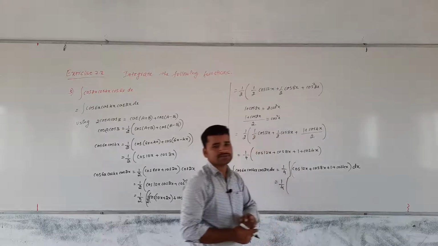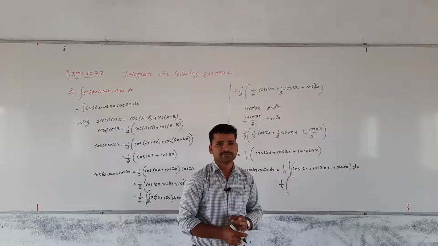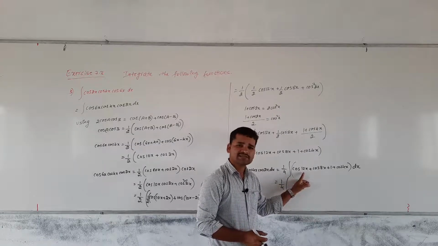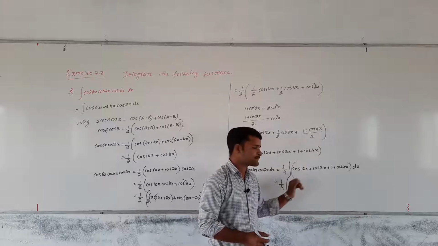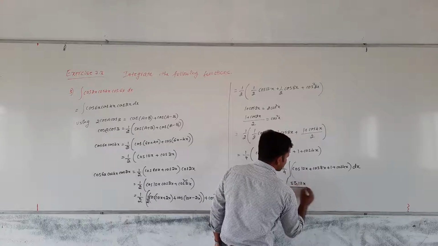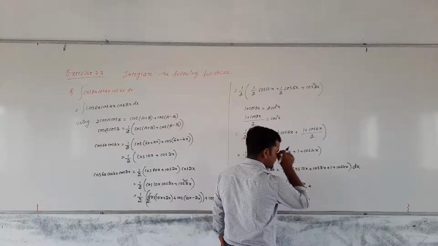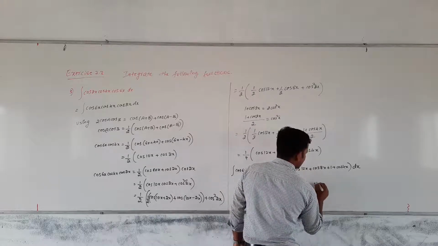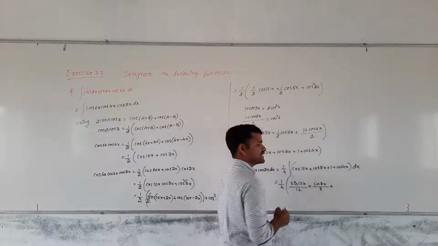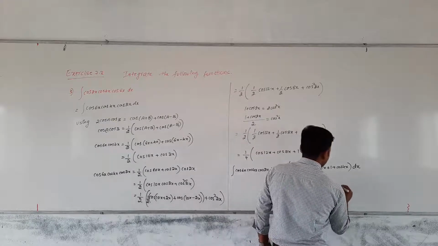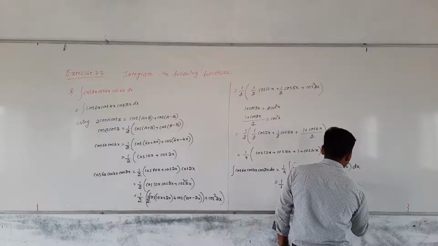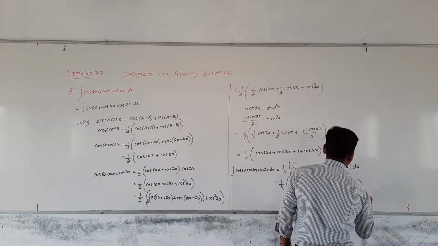What is the integration of cos 12x? It is in the form of f of ax plus b, where f is the cos function, ax plus b is 12x plus 0, a is 12. Okay. What is the integration of cos? It is sin. Sin 12x by 12 plus the integration of cos 8x is sin 8x by the coefficient of x, which is 8, plus 1 is there here. Integration of 1 with respect to x is x, plus cos 4x gives sin 4x by 4. Sin 4x by 4, integration completed.